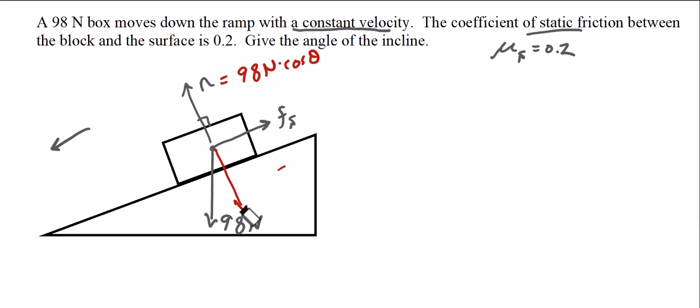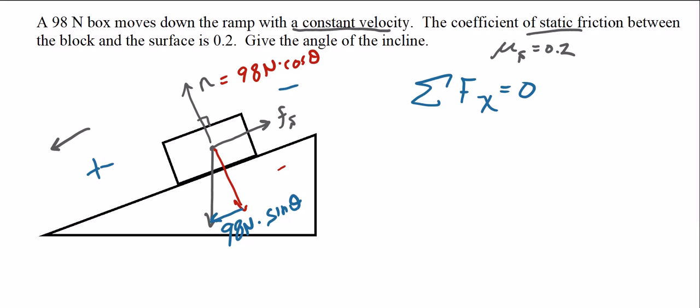We now turn our attention to the x-axis. So this object is moving left and right on the x-axis. It's moving down the ramp with a constant velocity. I'm going to make this direction positive, this direction negative. It's not second law because it's not accelerating. The velocity is not changing. The horizontal component of the weight is 98 newtons times sine theta. And it's a static friction because it is first law. If we go ahead and solve for the static friction,